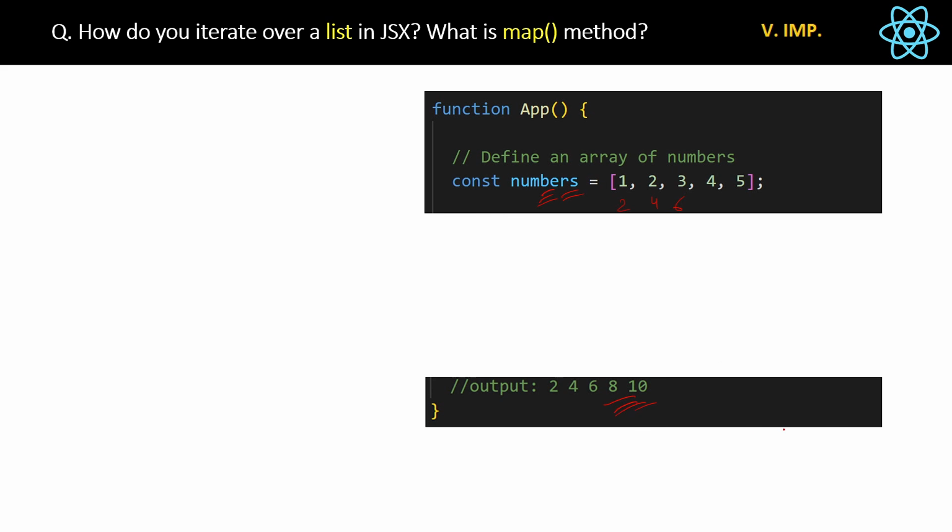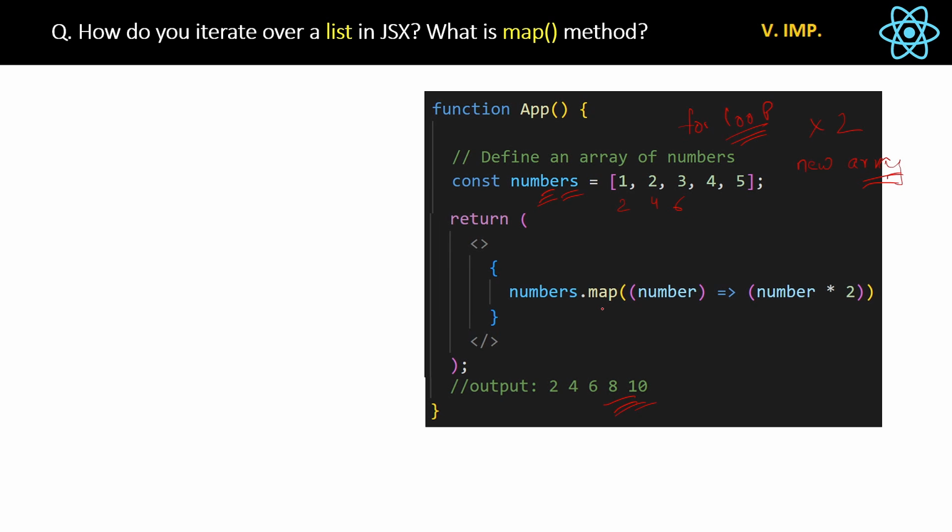Now one traditional way to do this is to declare a new array and then use the for loop to iterate each element of the old array and multiply the items by 2, and then add the items in the newly declared array and finally return the whole new array. This is the traditional approach, but that is a long way and you have to write multiple lines of code to achieve that. Therefore, JavaScript has this map method which does the same thing in a single line of code like this. So remember, it's a JavaScript function which can also be used in JSX and React. Now how will this map method work?